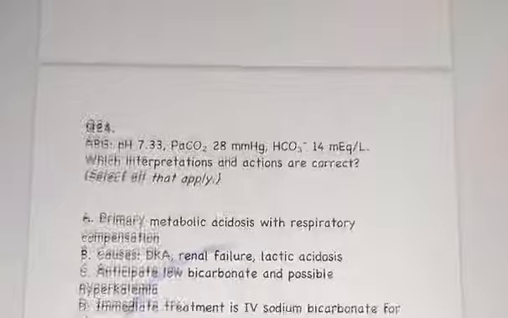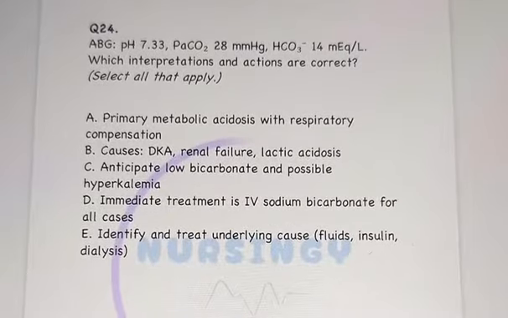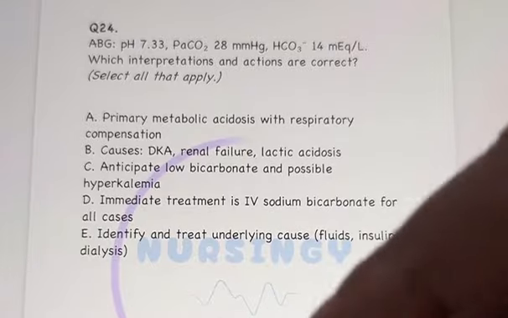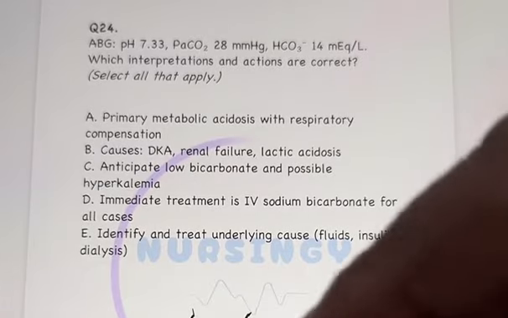Let's move to question number 24. Again, let's do that all together. ABG interpretation. We will do it how we learned before. I'm going to make three lines. This is pH,